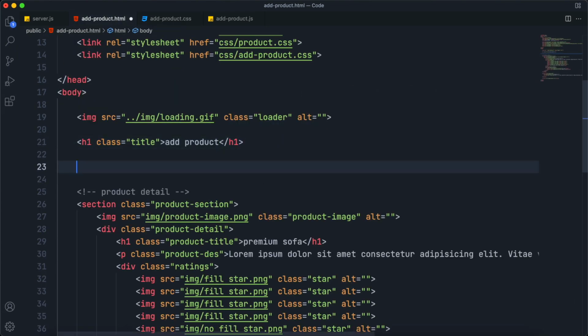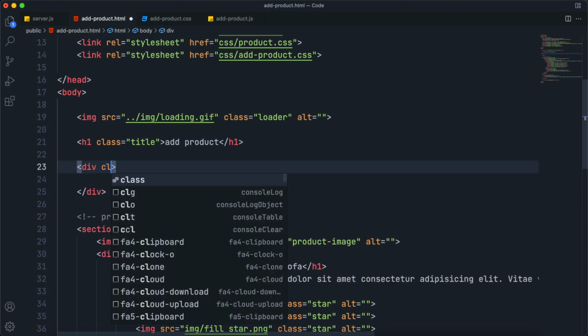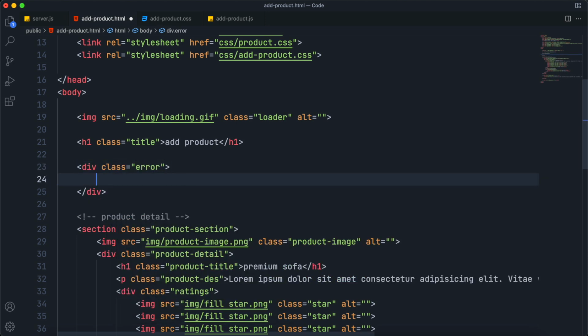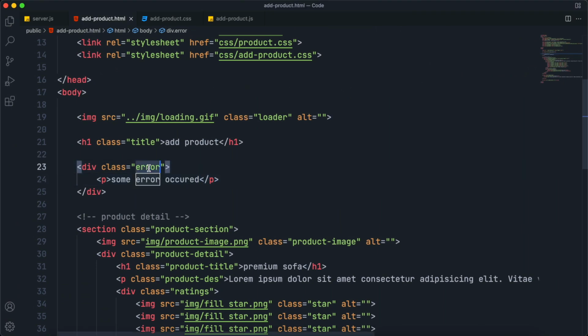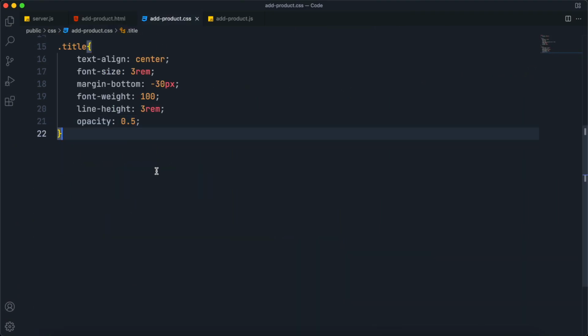So after this, we want an alert box because this is a form, so we need an alert. So make a div and give it a class error, and inside it make a p element. So this is our error container. So now let's style it. So copy this class name and paste after the title, and yeah,